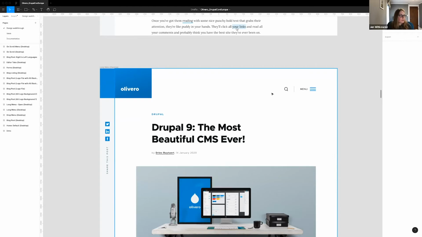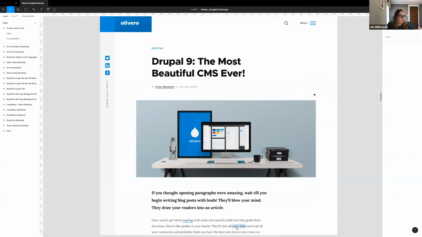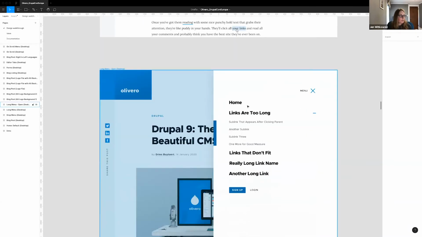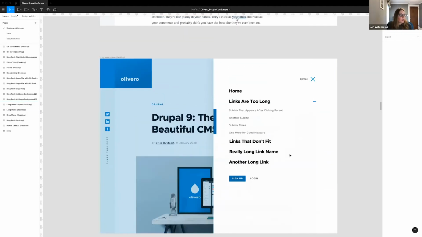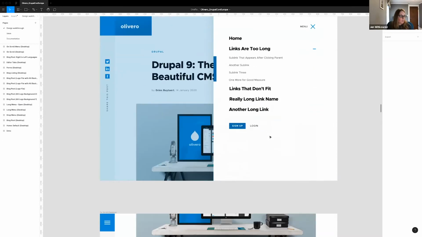And when that navigation hit that max width, it would actually roll up into a hamburger nav. And this would allow content editors to not be limited to the amount of links that they could upload in their navigation. And those links could also be pretty long if they needed them to be that way. This pattern too, once we had this established, we could pretty quickly extend this to tablet and mobile with this hamburger menu component.